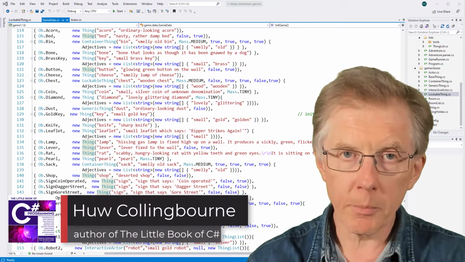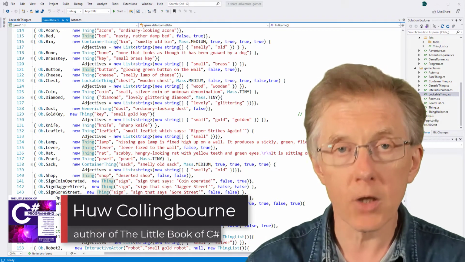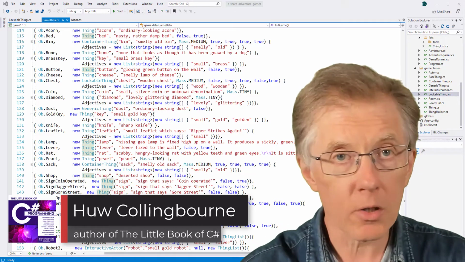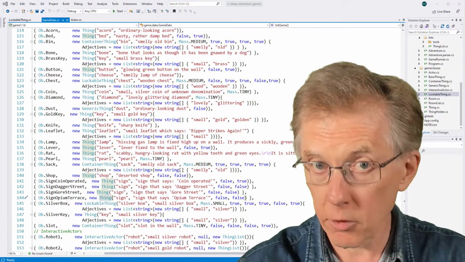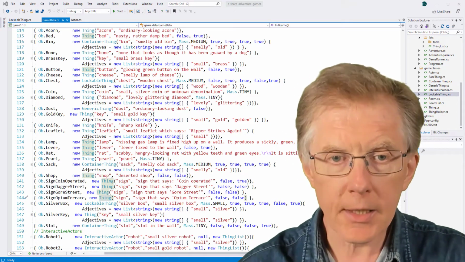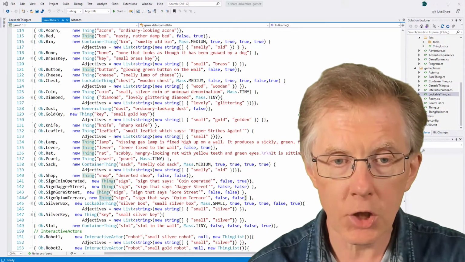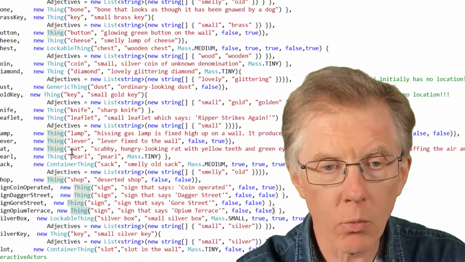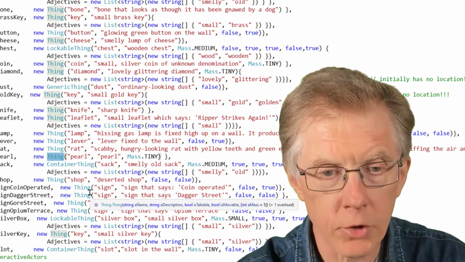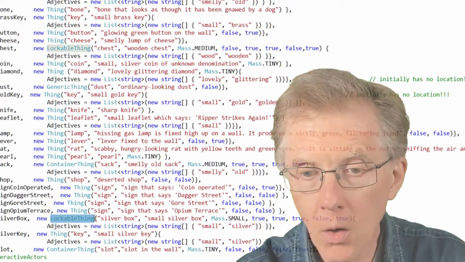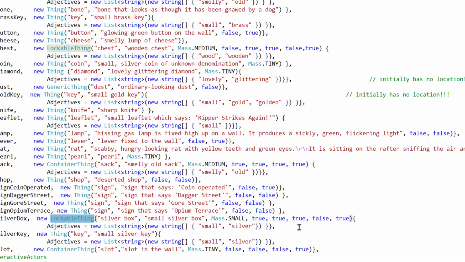You know, many times when I'm programming, I have to do method calls, and sometimes the method calls have a whole load of arguments that are required by the method. Now here's an example. This is an adventure game that I've written in C#, and you can see that when I call the constructor of a thing object or a lockable thing object, well, there are all sorts of booleans,